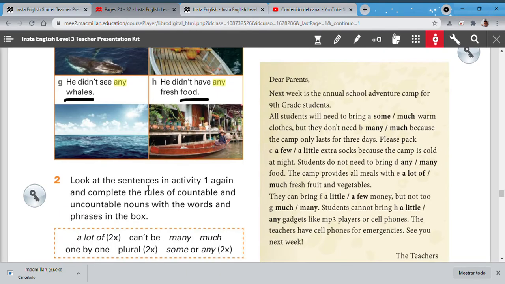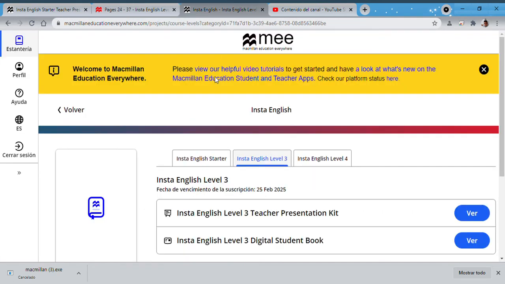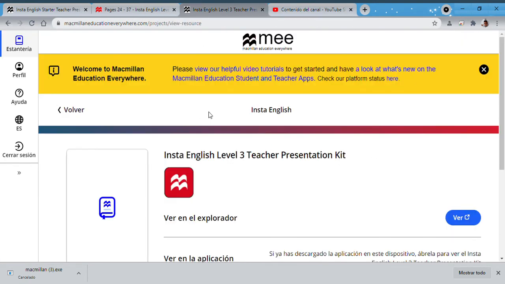Okay? Now, remember, countable and uncountable. For example, I have here in my hand, I have 3 books. Look, let's see, here, I'm going to open this. I have 3 books. I have some books for me. I have some books. Or I have a few books because there are 5 books. No, there are 5. I have 3. I have a few books. No, it's a possibility.